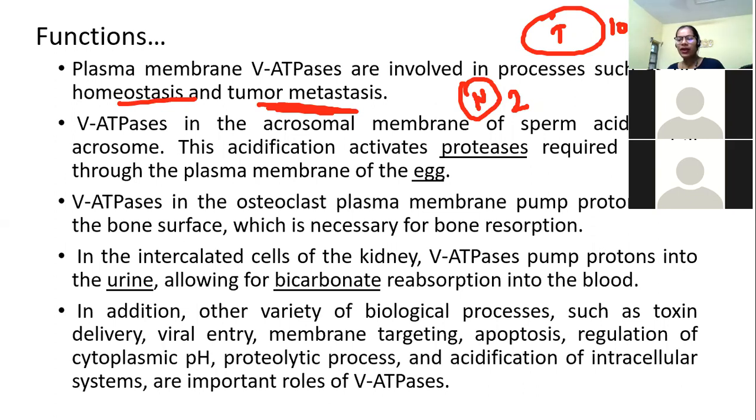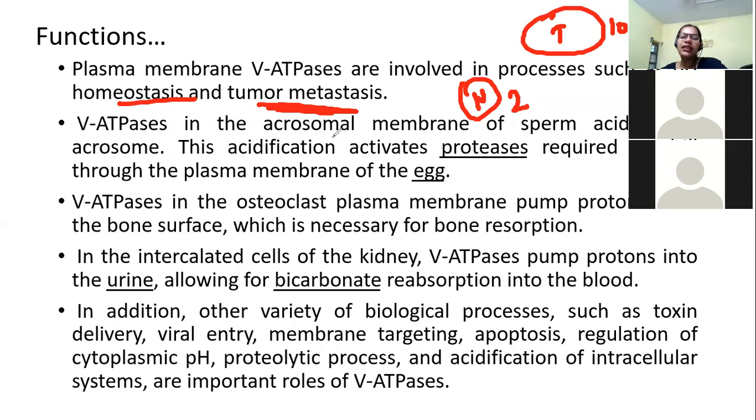So more energy will be made. Everything is going for your tumor cell and then it starts metastasizing. Metastasizing means it starts getting spread. It enters the blood system and then moves to different parts of the body, and that is the time when it becomes very difficult for the doctor to treat the patient. We'll study this also in detail.